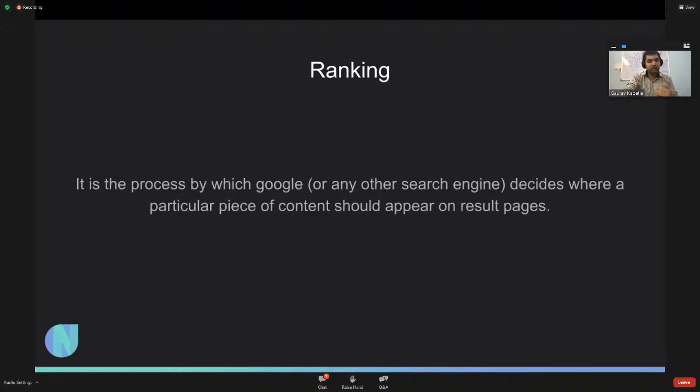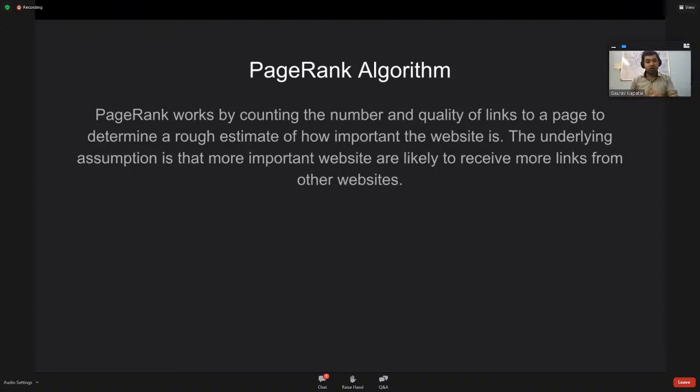The first ranking algorithm that Google came up with was called the PageRank algorithm. The PageRank algorithm is named after Larry Page, one of the founders of Google. So how does the PageRank algorithm work? At a very basic level, it calculates a score, also called PageRank, depending on the quality and the quantity of the links that point towards that page. So if I have 10 pages pointing towards one page, that is considered to be